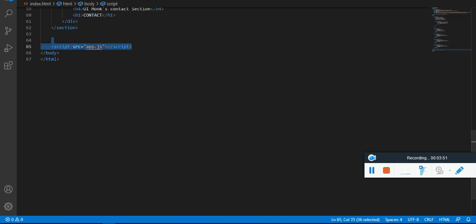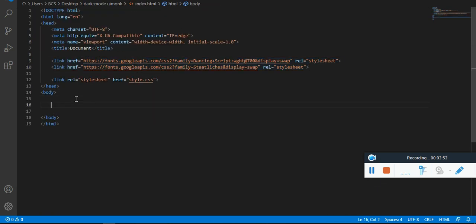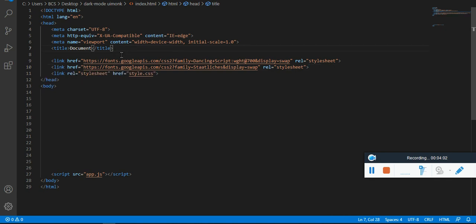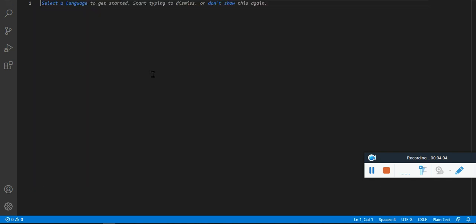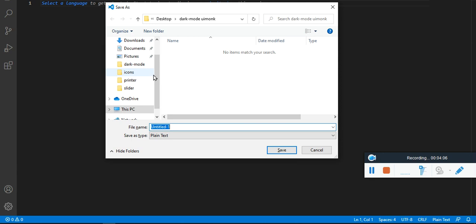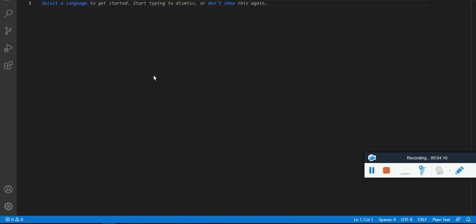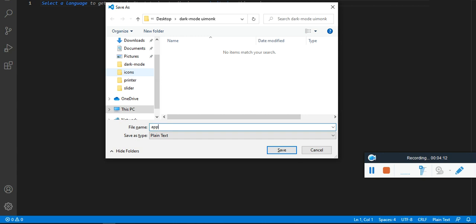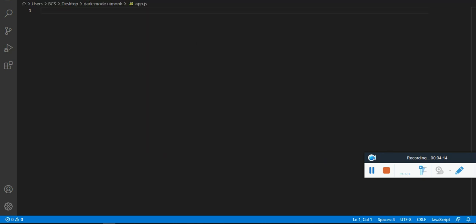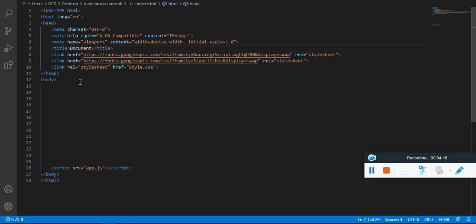And then we are going to link the script tag at the bottom. Once these two sections are done, let us create the required files. Control S and call it style.css, and Control N again and call it app.js. Fine. Now we have our blank files attached.